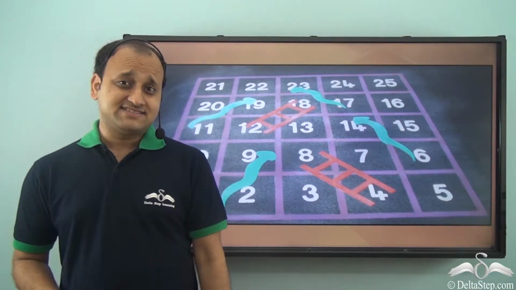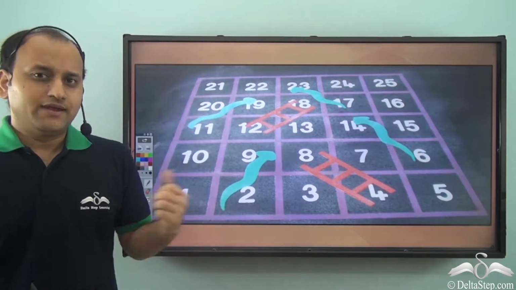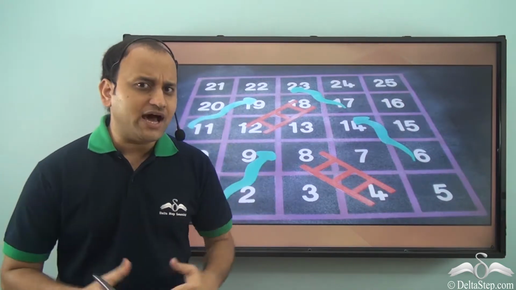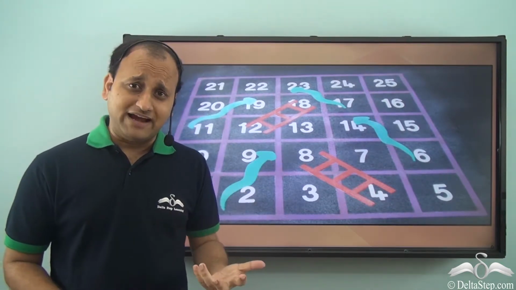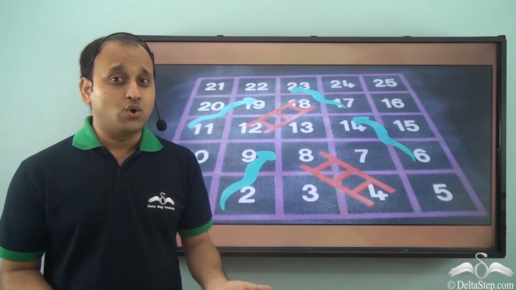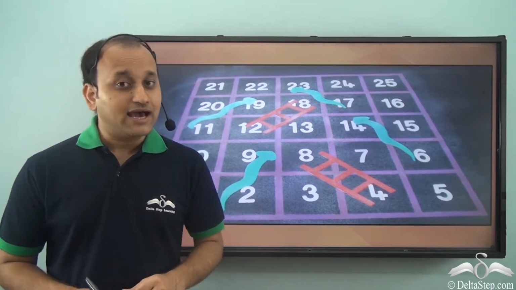Ravi and his friends made a giant snake and ladder board in their colony. Now, for this board, they also needed a huge die. They would not find this particular type of die in the market, so they will have to make their own. So, Ravi decided that he will make a huge die.